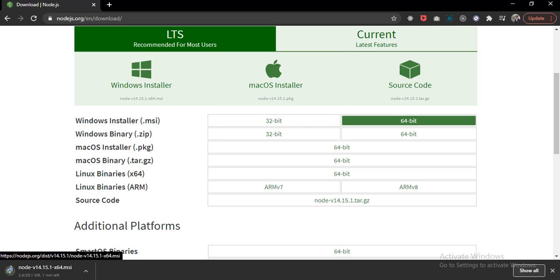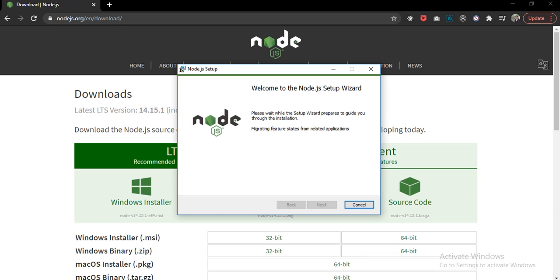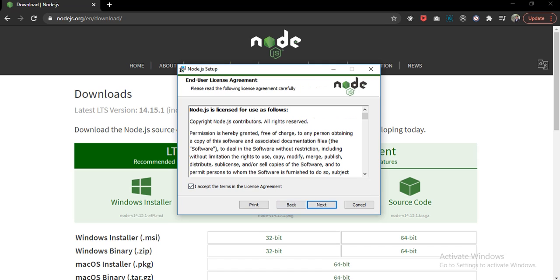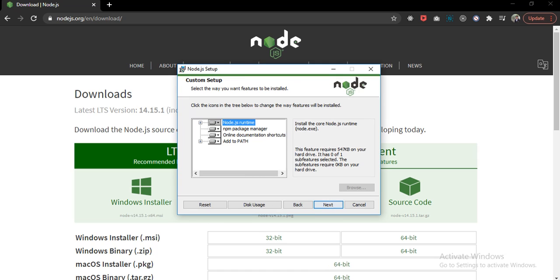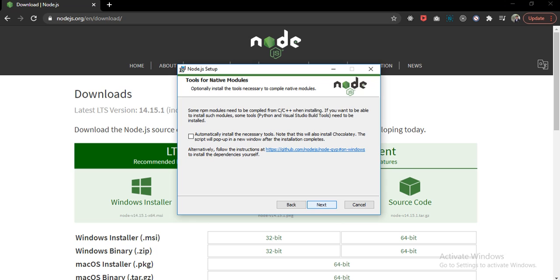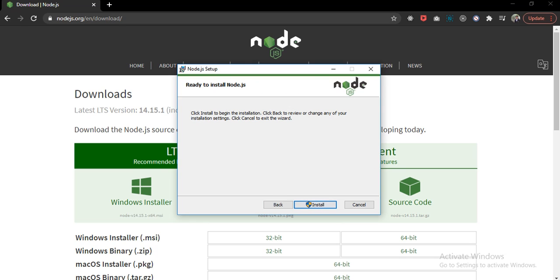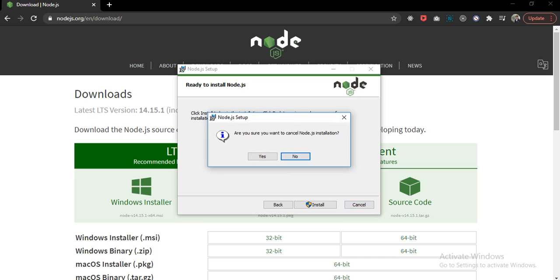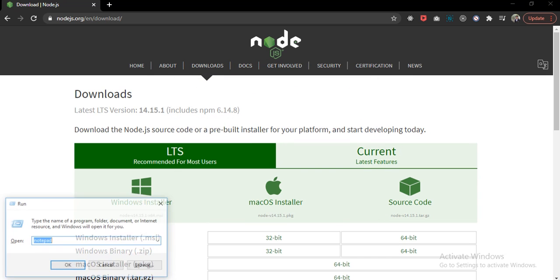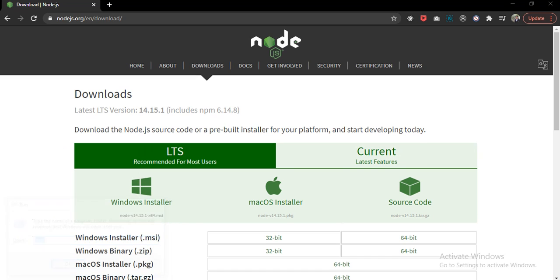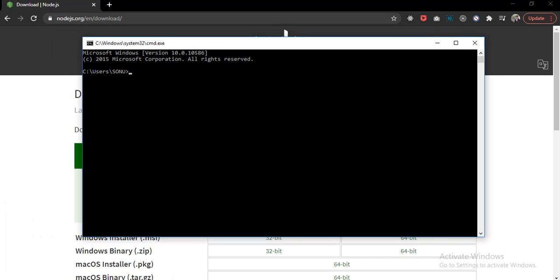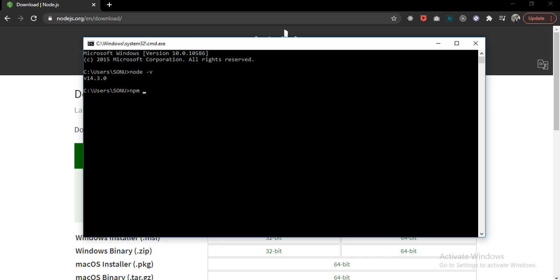I already have installed Node.js in my OS, so I won't be installing it again. You just have to click on next, accept the agreements, and click on install. That will do the work. Once you have installed, you can check your node and npm versions by typing node -v and npm -v. So we have our node and